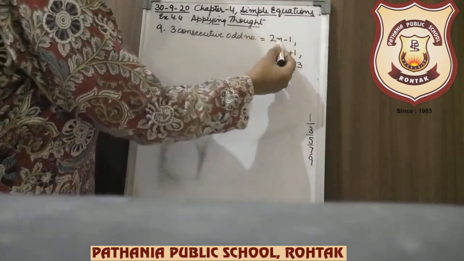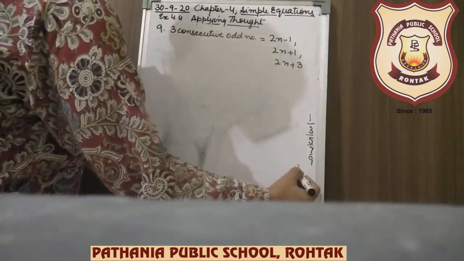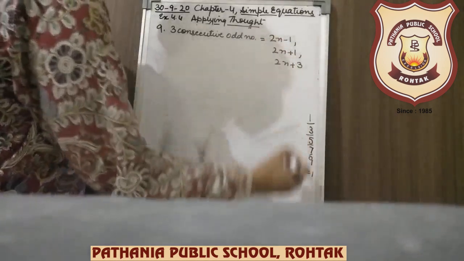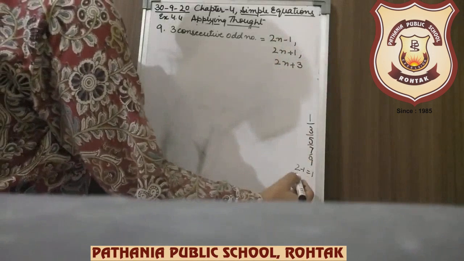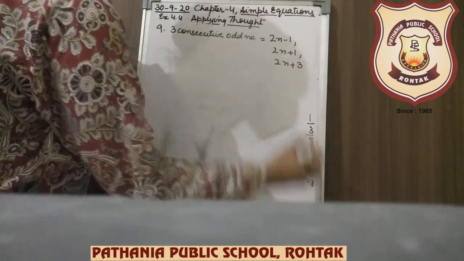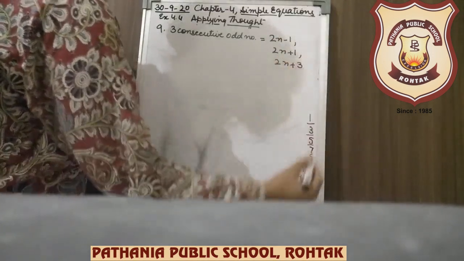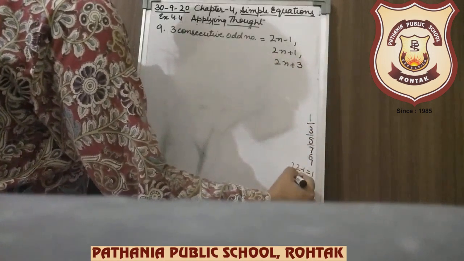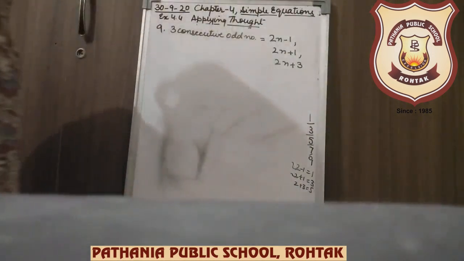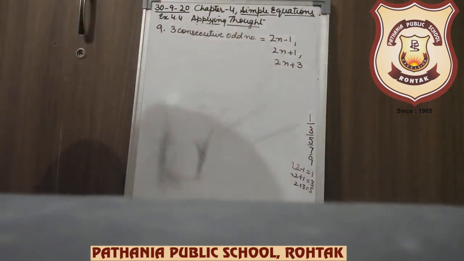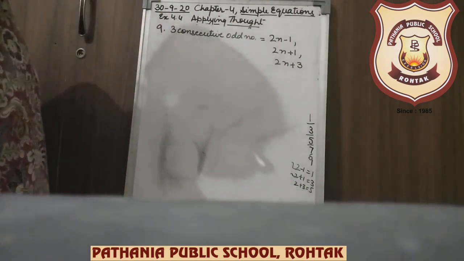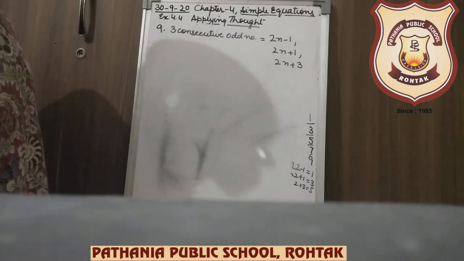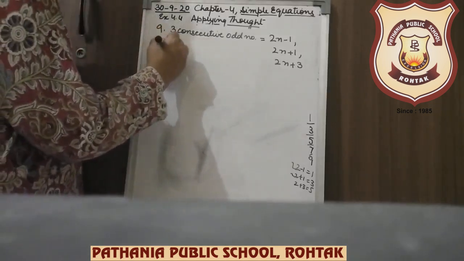Okay. Now if I take n as 1, so 2 multiplied by 1 is 2, minus 1 is 1, 2 plus 1 is 3, 2 multiplied by 1 plus 3, 5. So this is the series of consecutive odd numbers. Clear? Now the condition says the sum of these consecutive numbers is thrice of,